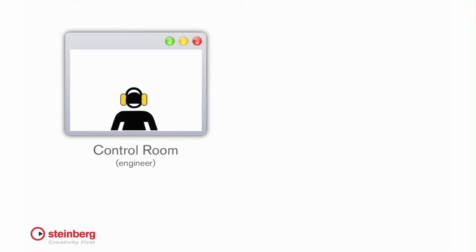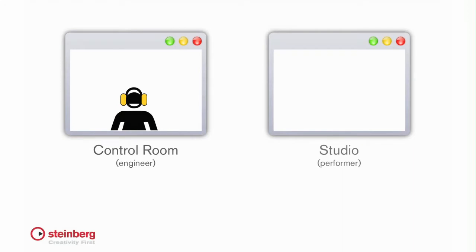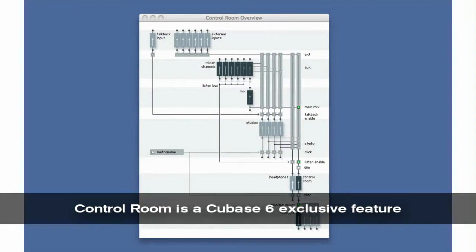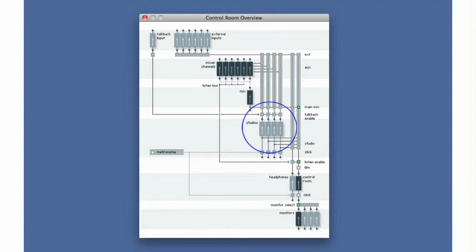Cubase can be configured for use in a traditional multi-room studio. In this type of facility, you typically have performers isolated in their own performance spaces, and the engineer or producer in another location called a control room. Cubase 6 allows you to set up your facility this way using the control room. The control room allows for a main mix to the engineer and 4 separate headphone mixes for the performers. These performers could be in separate locations or in one room, but with a different mix in each set of